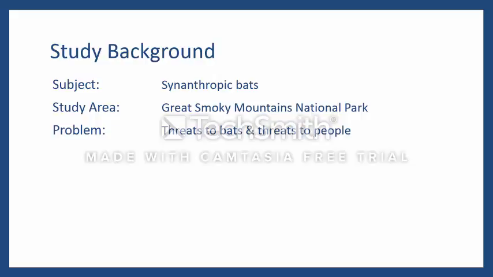And so we have concerns about not just threats to people, thinking about rabies and histoplasmosis, but also threats to bats from disturbance from people, which may have negative impacts on bat survival, both of the adults and the juveniles. And this is not well studied. It's not studied at all in the Southeast, and mainly what's been done in the past is most research has